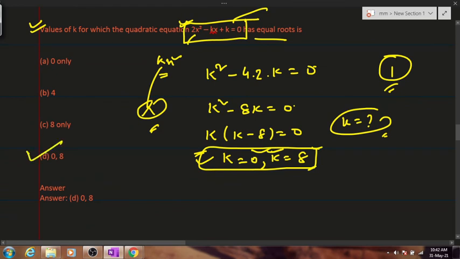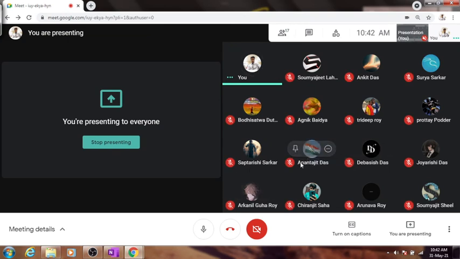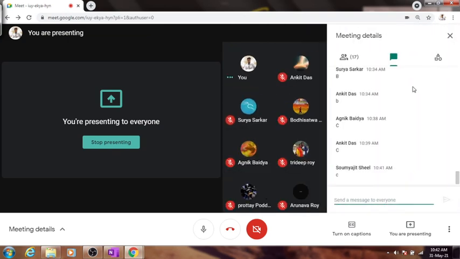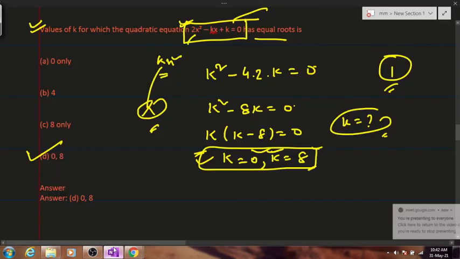How many have a problem in this? This is a new thing that you have come into. How many have a problem in this? Tell me. Switch on your mics and tell. Any problems? No sir. So this is the first question that you have got wrong. I'll not say wrong, I'll say partially wrong. So this will enable you to keep it in mind. Clear? Are we good to move on to the next question? Yes sir.